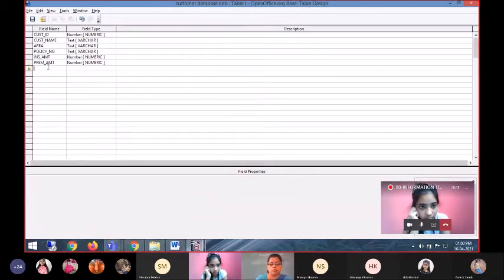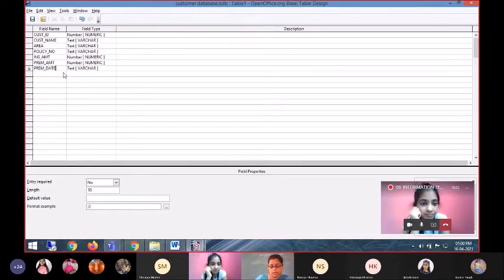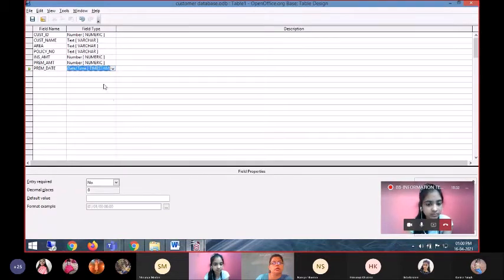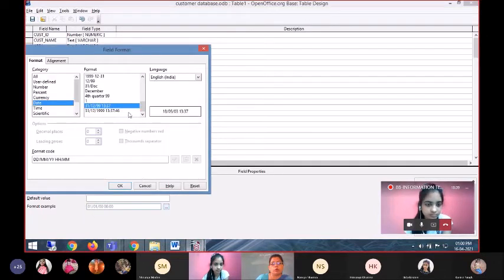Then premium date. Premium date means the last date to pay the premium. So for date, of course, I will take the date and time data type, and with date and time I can again select the format, what type of date I want.